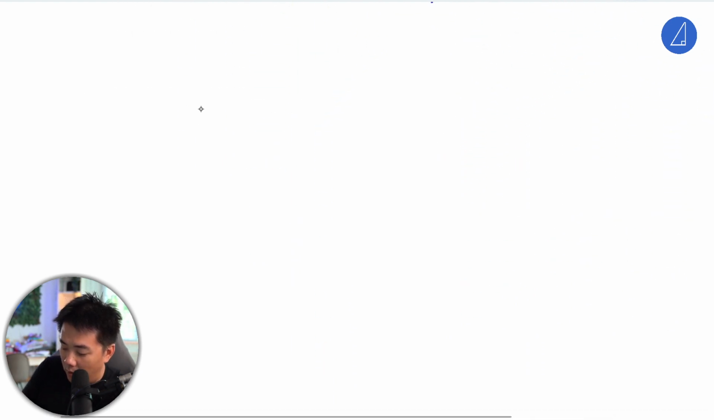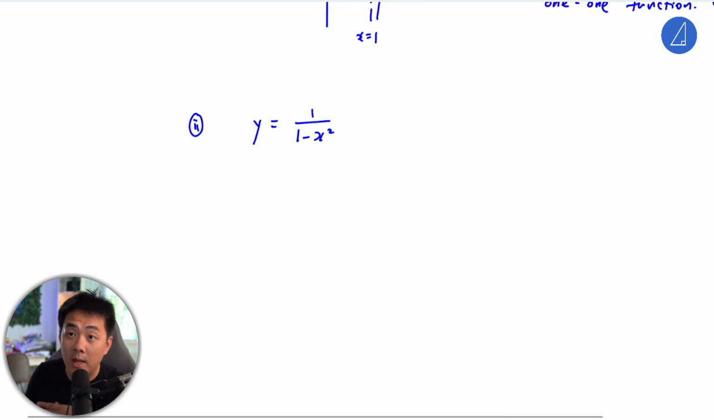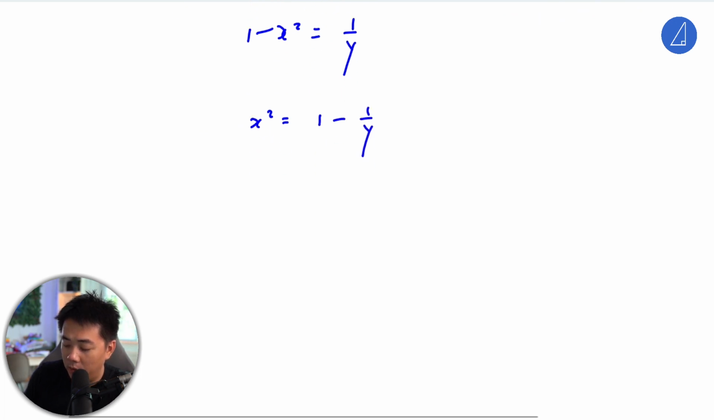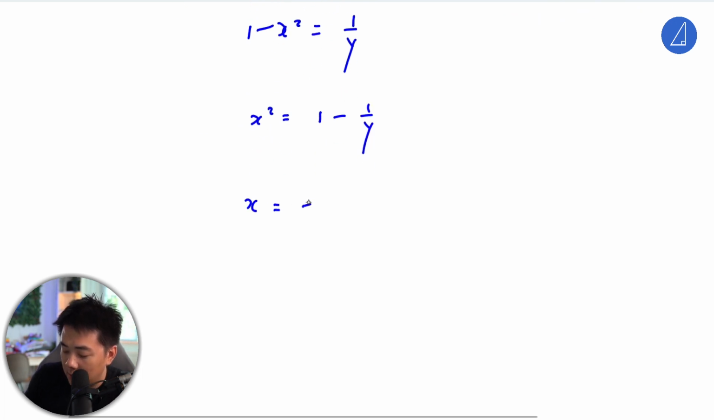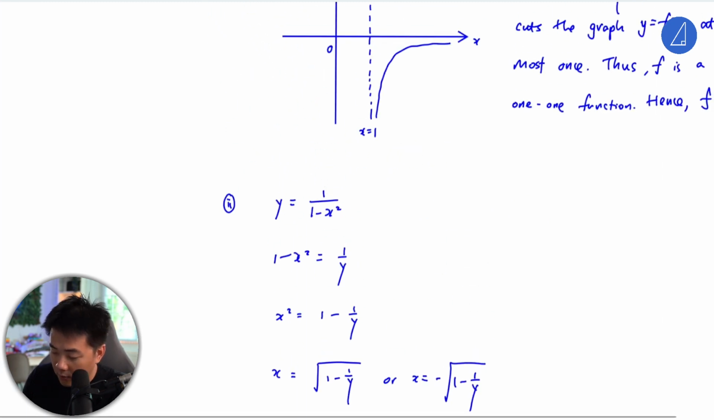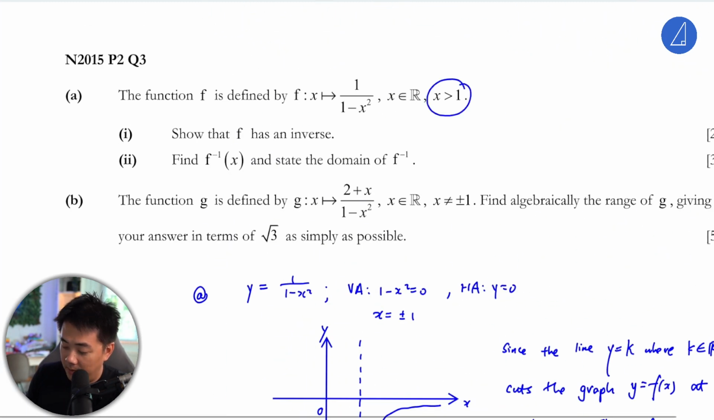For f inverse, we just let y be the equation of the curve, then we make x the subject, right? So in this case, 1 minus x squared equals 1 over y. Then from here, we know that x squared is equal to 1 minus 1 over y. Then x is equal to plus or minus the square root of 1 minus 1 over y. So we need to reject one. Of course, we reject the negative one